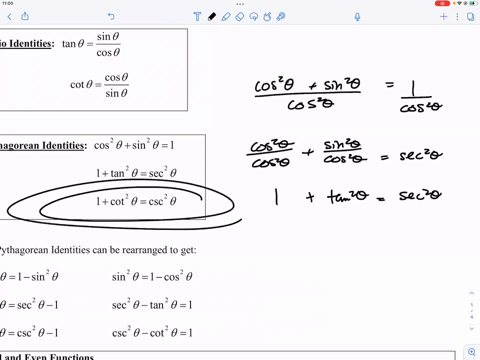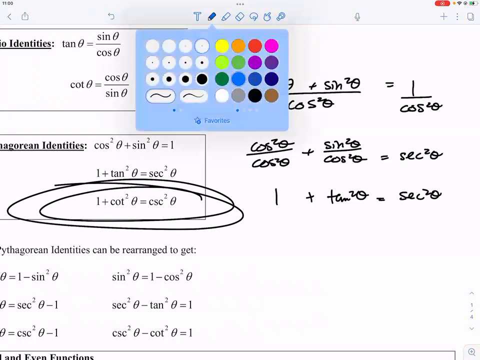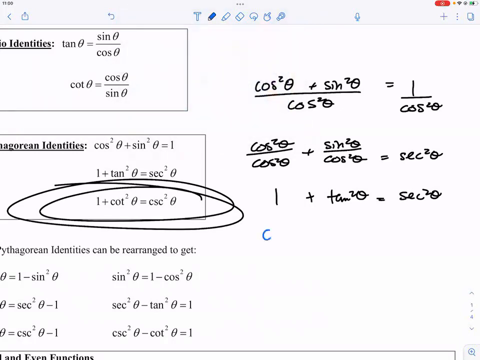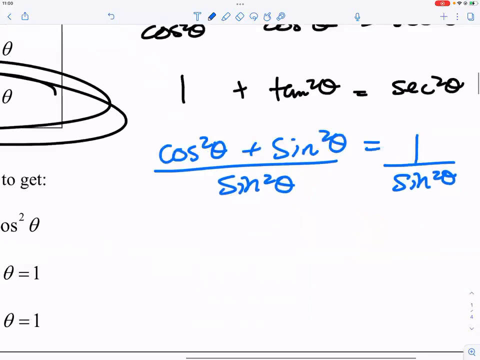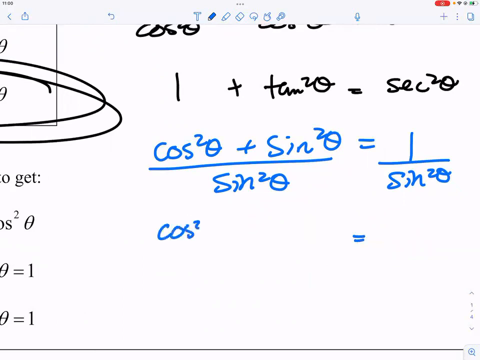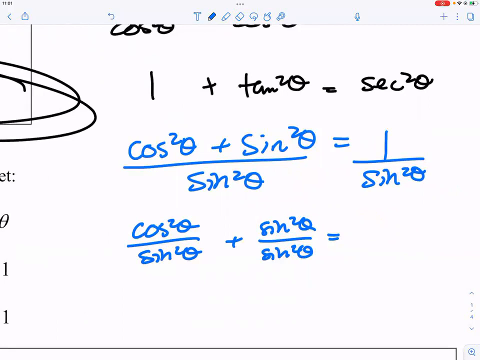So now my question is, how do we get the third identity? Can you guess how we get the third identity? So you have the original, but you divide it by sine square theta. Don't forget to say the square. So once you divide both sides by sine square theta, then on the left you will have cosine square theta over sine square theta plus sine square theta over sine square theta. And on the right you have 1 over sine square theta, meaning that it is